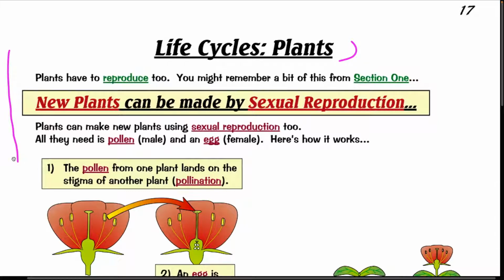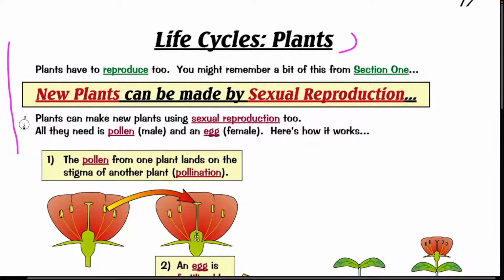Então, logo abaixo a gente tem mais essa parte, presta bastante atenção na pronúncia, de como faz a pronúncia da palavra, para vocês, enquanto o teacher vai falando, para vocês repetirem e para a pronúncia sair legal, tá bom? Então vamos lá. Plants can make new plants using sexual reproduction. Two. Esse to é de também. All they need is pollen, the male, right? The male part we call pollen, and an egg from the female side.